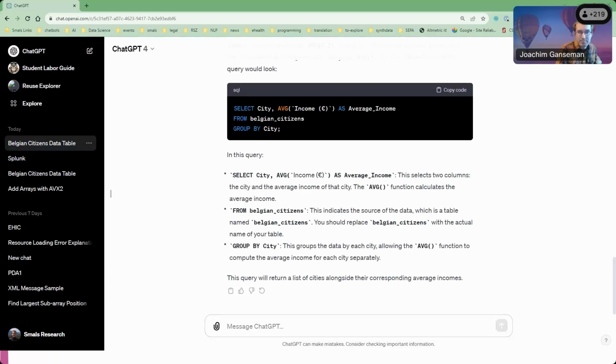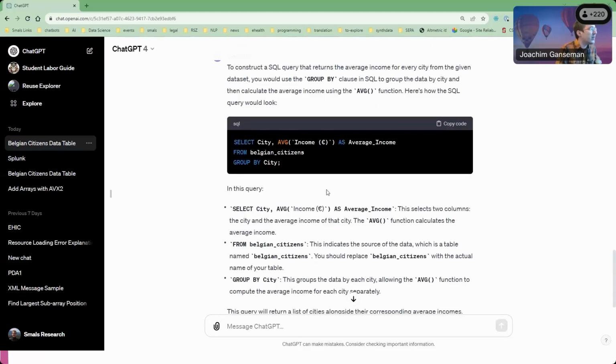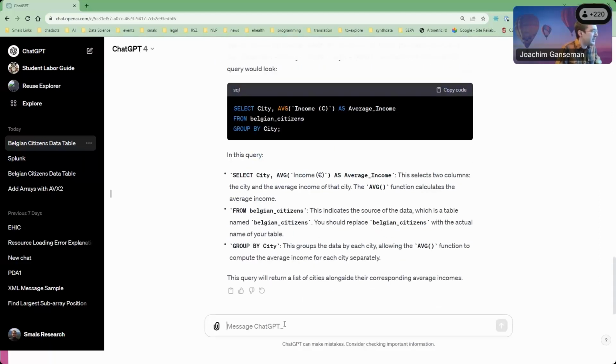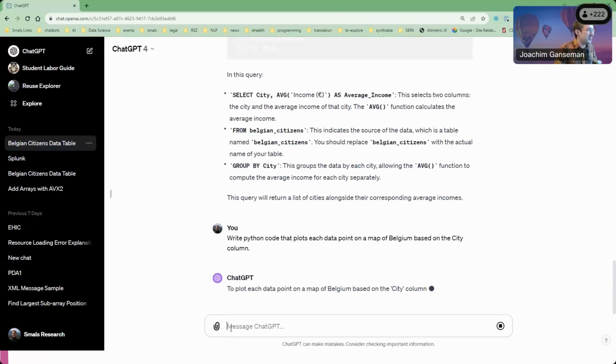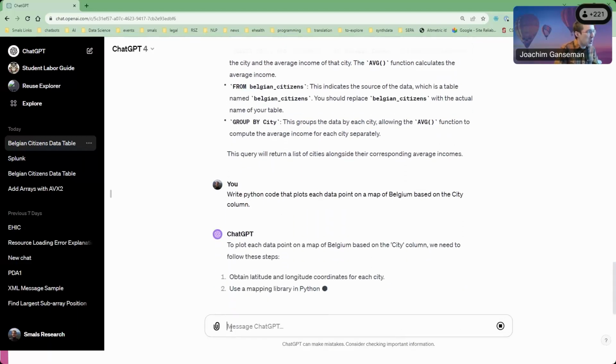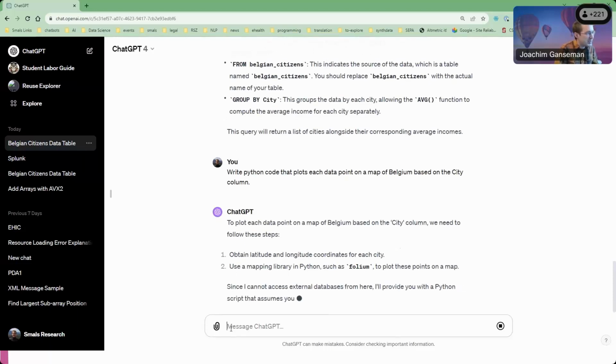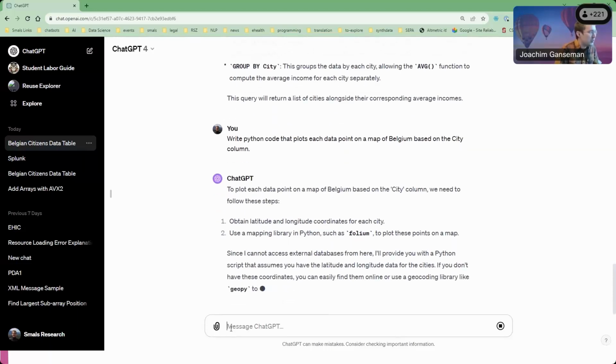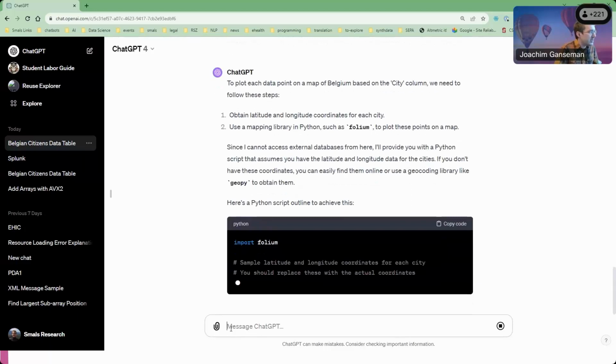I can make this a bit more complicated, of course, because this is like a one-liner, basically. But let's generate some Python code maybe that makes a plot. Now, plotting is one of these things that's hard to get correct. So also for these more complicated queries, ChatGPT will nowadays be able to come up with fairly good